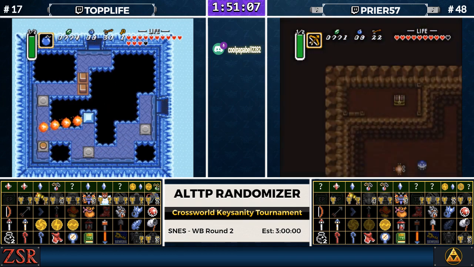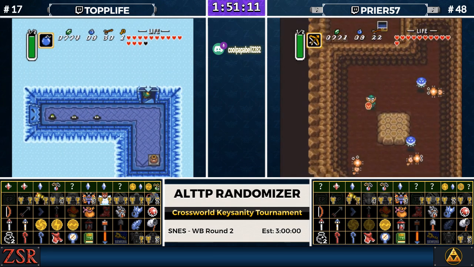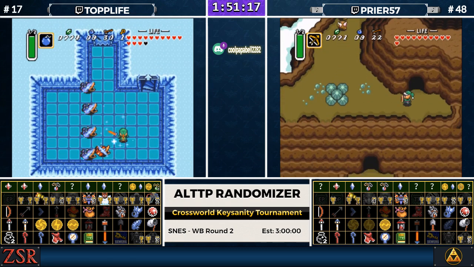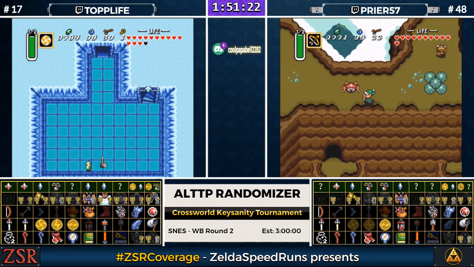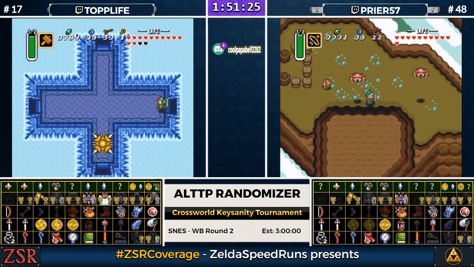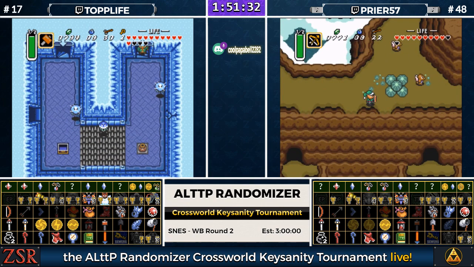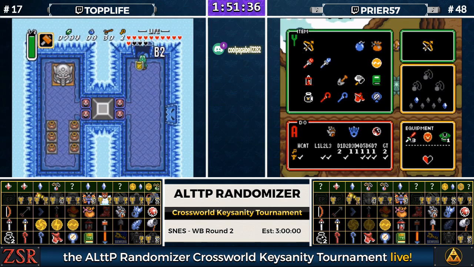So, Top heading back down through the Ice Palace slog, getting through the bomb jump again. prieR is showing us the heart at the end of Spiral Cave, and again, we've already seen where this lets out. But if prieR has more stuff to do up on Death Mountain, he's got some options here. And I admit I have fully lost track of what prieR has left to check on Death Mountain and what he has done already, so...